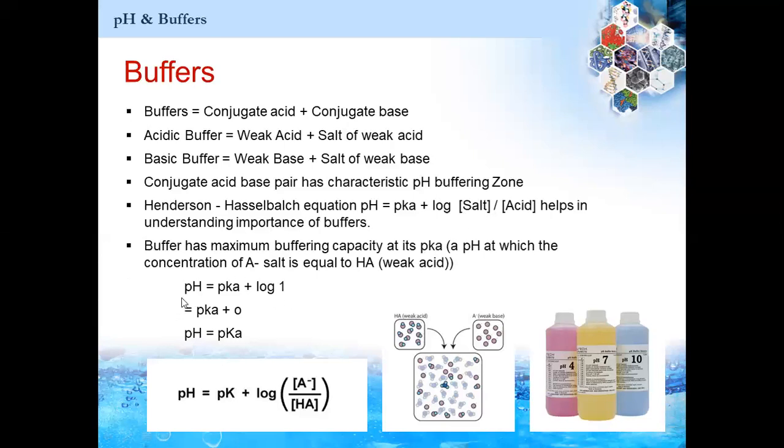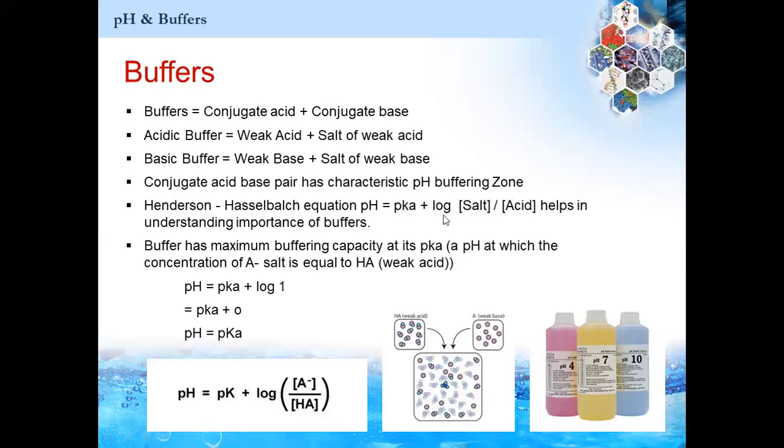So first of all, to explain the equation, we actually have three terms here. The first is the acronym pH, which stands for negative logarithm of hydrogen ion concentration. pKa is called the dissociation constant of the weak acid, and in the third component we have a logarithmic term, log of salt concentration to acid concentration. Here the acid is the weak acid which is used in making a buffer, and the salt is the conjugate base which is used in the buffer preparation.